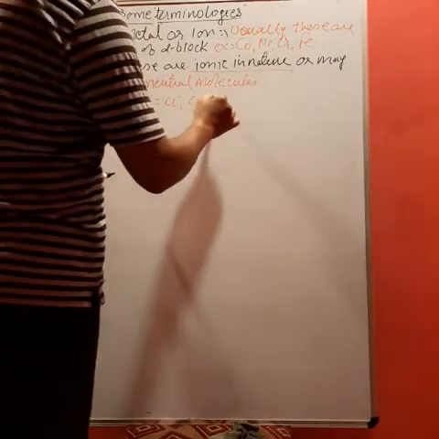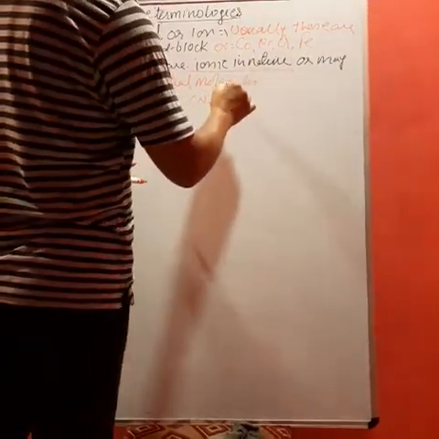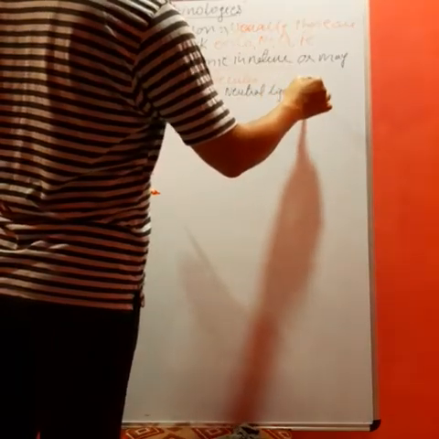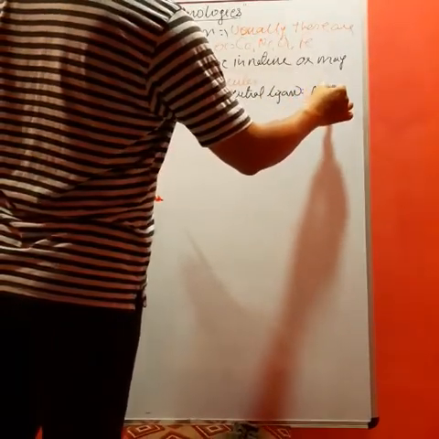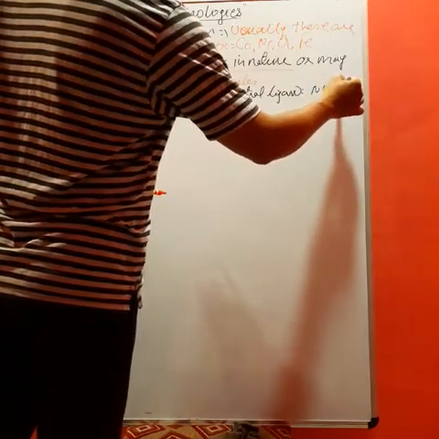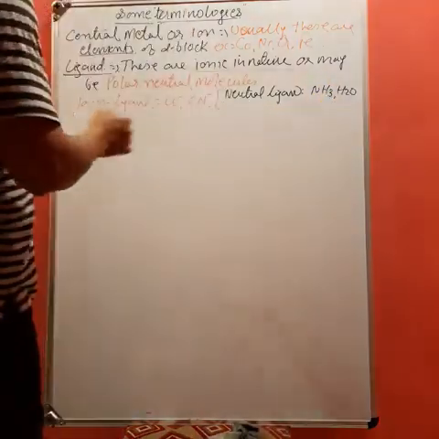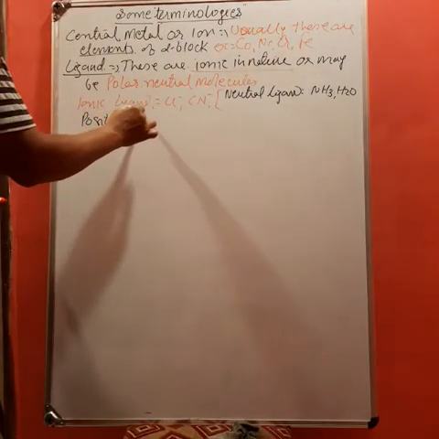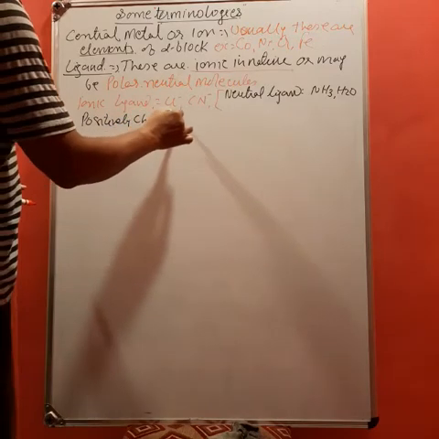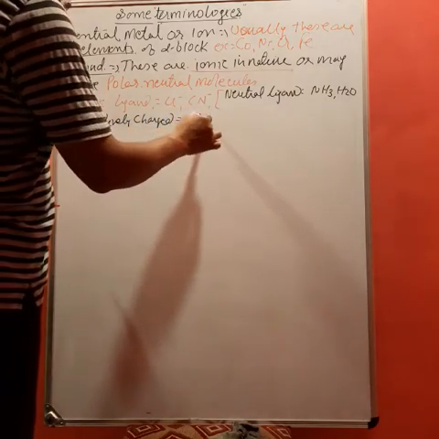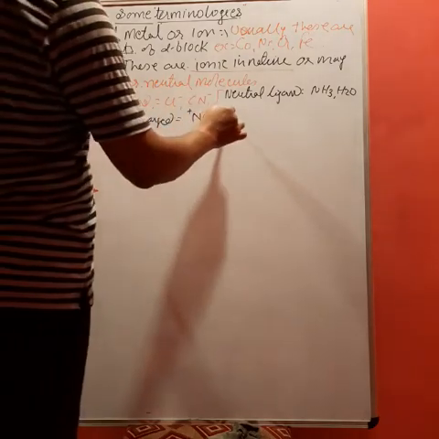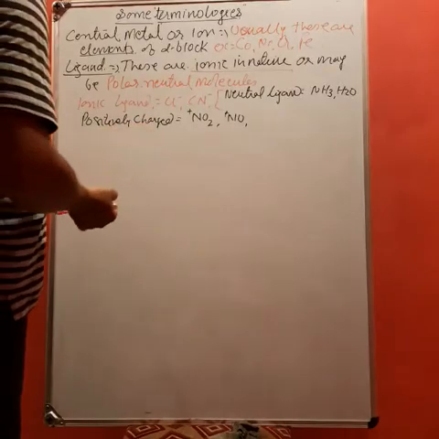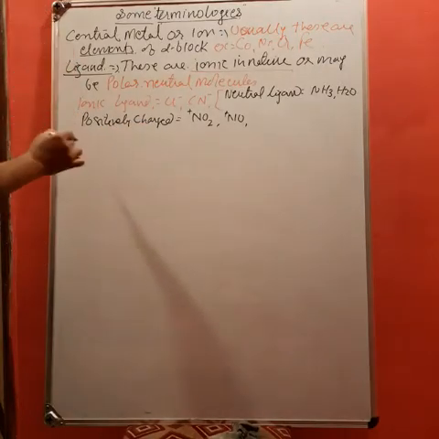If we talk about neutral ligands, these must be polar, like NH3 or water. Even positively charged ligands are present, like NO2 or NO. These are the positively charged ligands. Are you getting it? The next one is